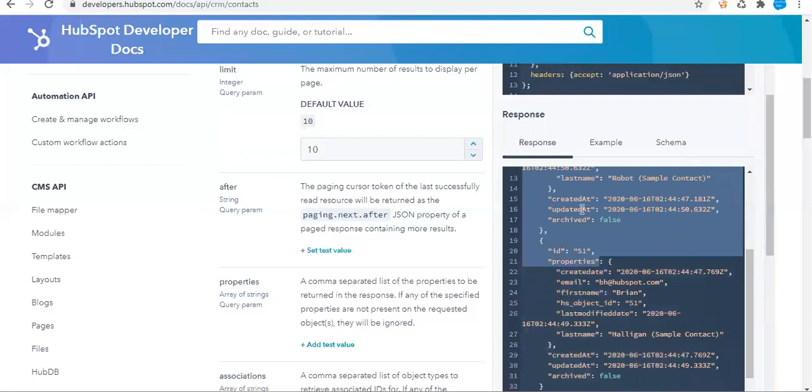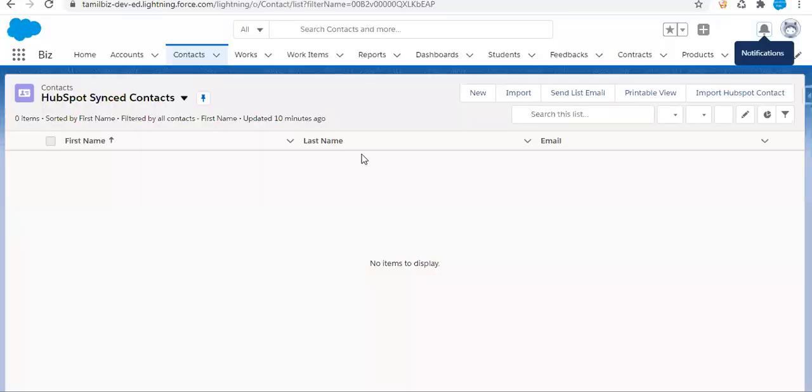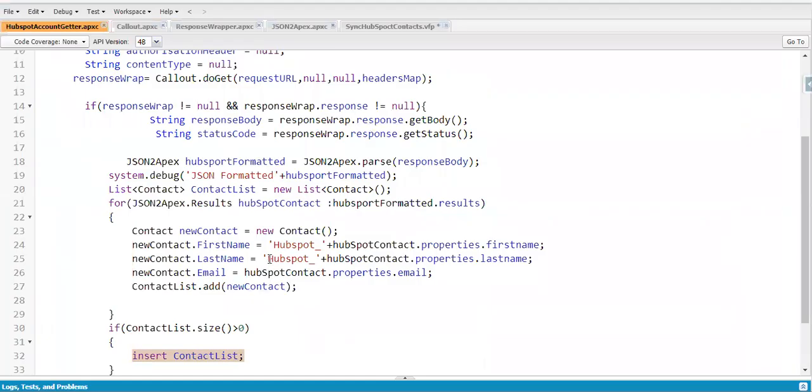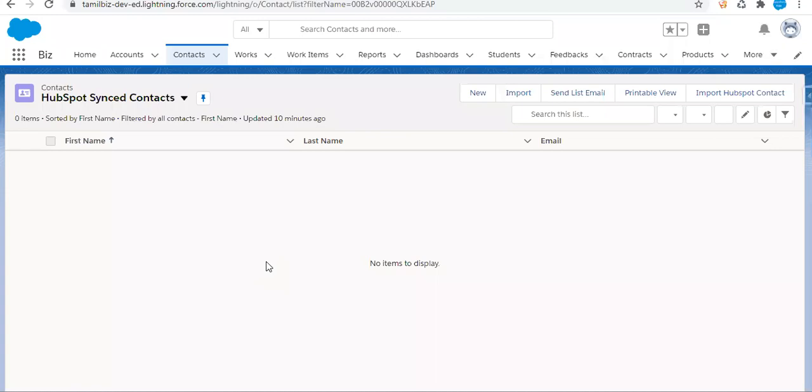and created the Apex class for parsing this information. Okay. So let's see how it works in Salesforce. We just need to click the import HubSpot contact button, then it will import the contacts into Salesforce. To know that these contacts come from HubSpot, I am appending HubSpot to the first name and last name, and in the list view, I have filtered with this. Let me click import HubSpot.